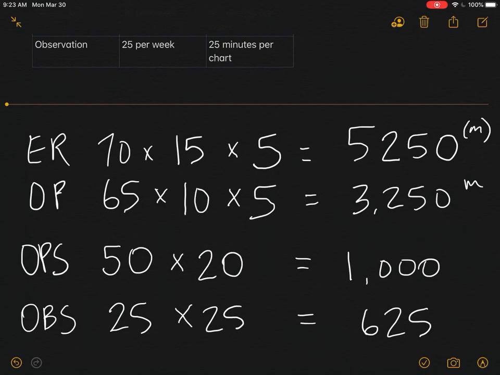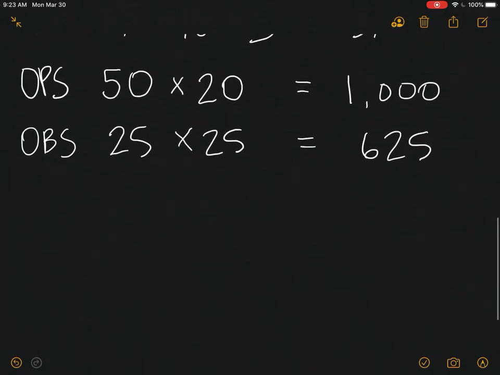Okay, so now we need to add up all of these minutes, okay? So 5,250 plus 3,250 plus 1,000 plus 625. And that is a total of 10,125 minutes, okay? And I'm going to write that down. So in 1 week's time, 1 work week, Monday through Friday, it's going to take about 10,125 minutes to code